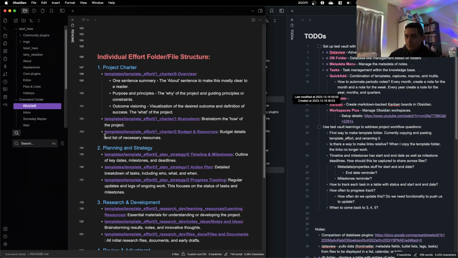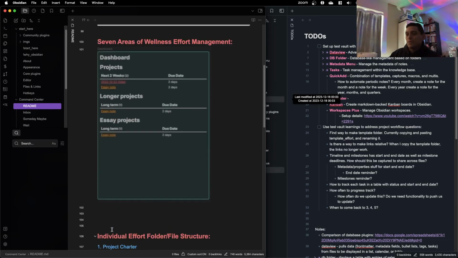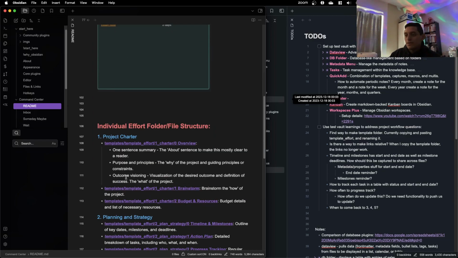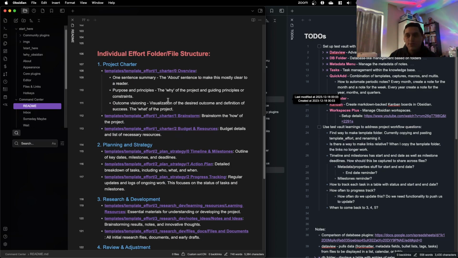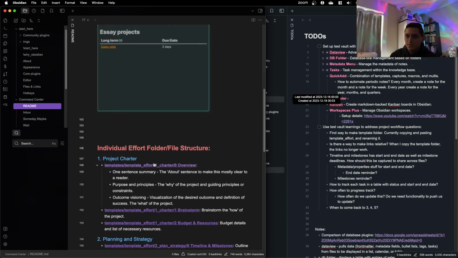Yeah, so that's the template folder that I have. And within these, all of these files are just regular text files. And so I am going to need to have some of the plugins within Obsidian to enhance the functionality and to track tasks.